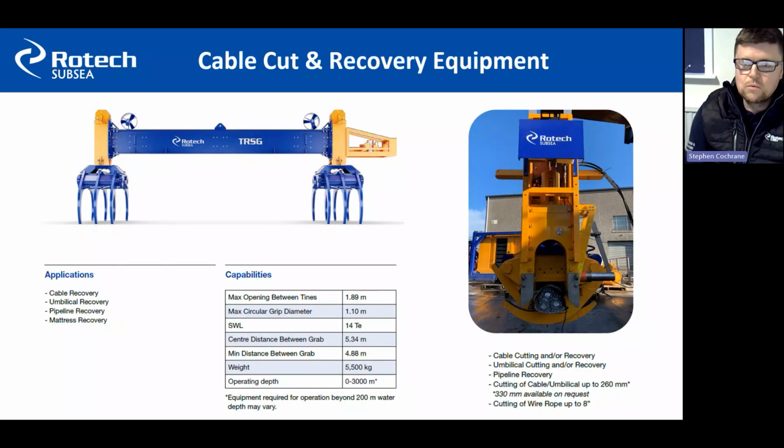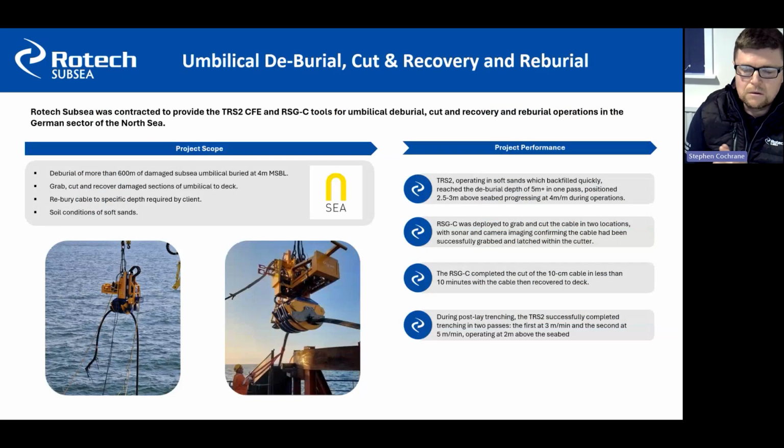Yes. So one of the activities that Rotech are carrying out regularly is cable removal, cable repair, umbilical cutting, removal, repair. We have these new single and twin grabs where once we've deburied the asset, these systems are deployed down to pick up, and we can cut through with this mechanism, a guillotine mechanism on the grab. We can cut up to 330 mil with the standard guillotine cut on this grab for cable umbilical export,